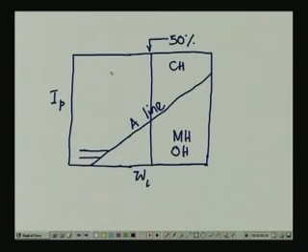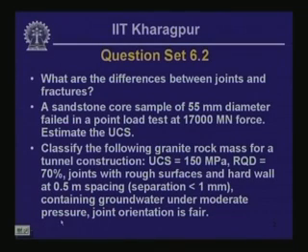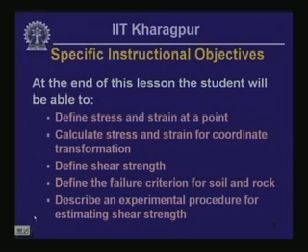So, in case of ASTM you could only have CL or CH or CL-ML, and then here you could have ML or OL. So, that is as per ASTM, whereas in case of IS code classification your classification is a little bit more involved. Okay, so, that takes care of the point that I wanted to discuss, and now we get on with